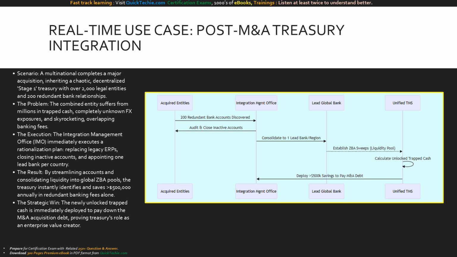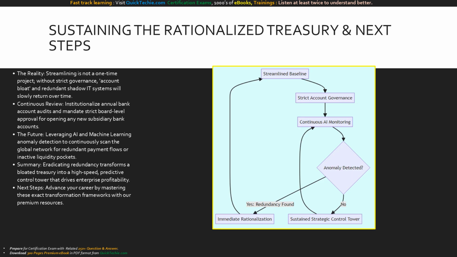A perfect streamlining execution. As we conclude, you must understand a harsh reality: streamlining is not a one-time project. Without ironclad governance, account bloat and shadow IT systems will slowly creep back into your organization. To sustain our rationalized architecture, we must enforce continuous review. You must institutionalize annual bank account audits and mandate strict, senior-level approval before any subsidiary is allowed to open a